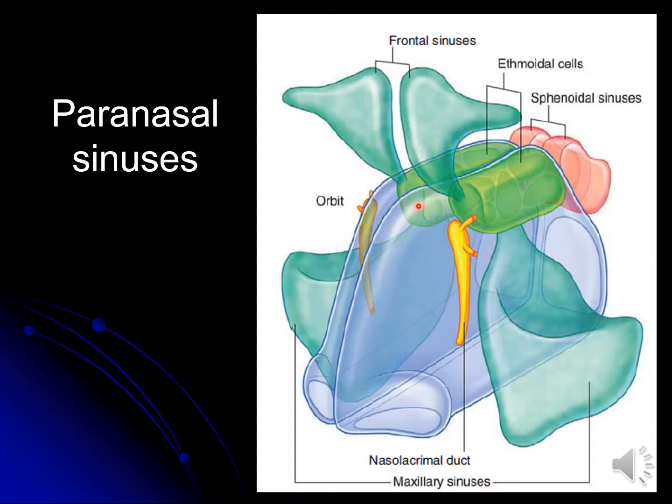Now this is again a schematic diagram which is showing the presence of these sinuses. This is our nose in blue color. We have the largest sinus, as you can see, maxillary on the lateral side. At the superior part again we have two, frontal, right and left. Then we have ethmoidal air cells, anterior, middle and posterior, combinedly named as ethmoidal air sinus.